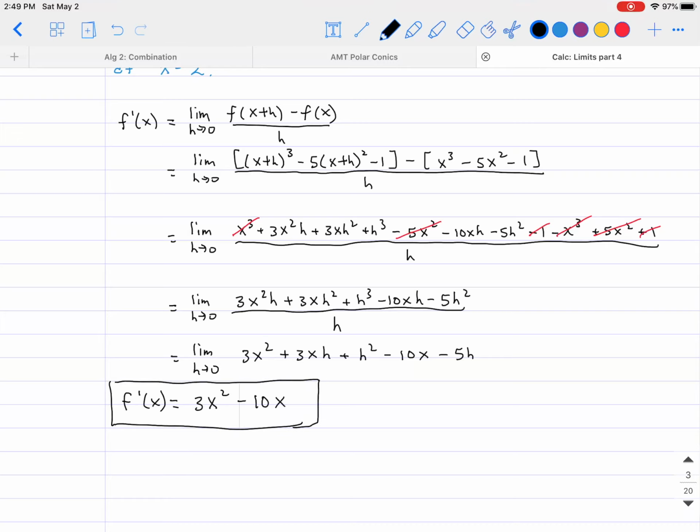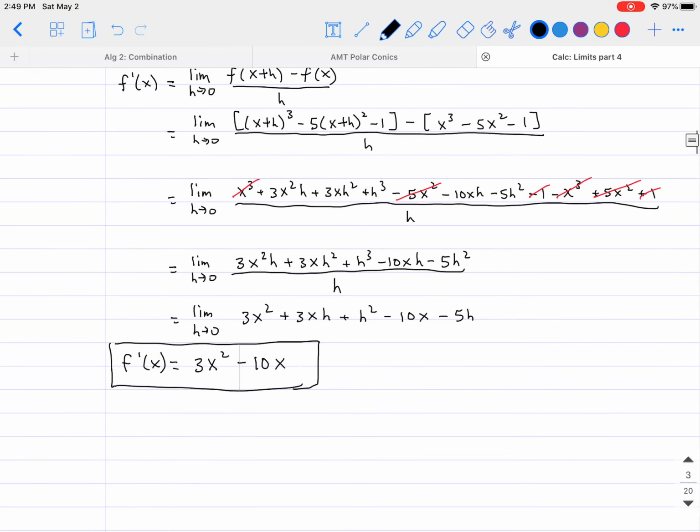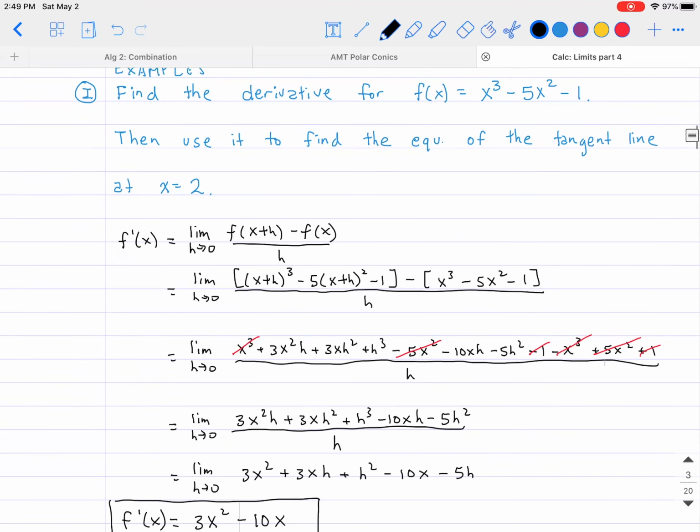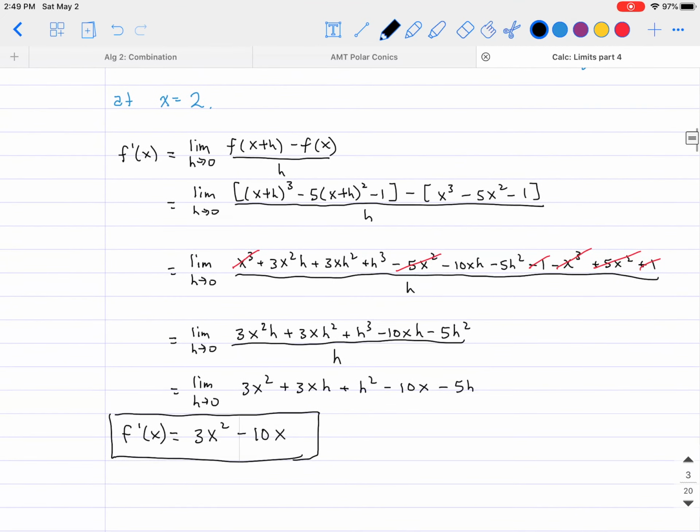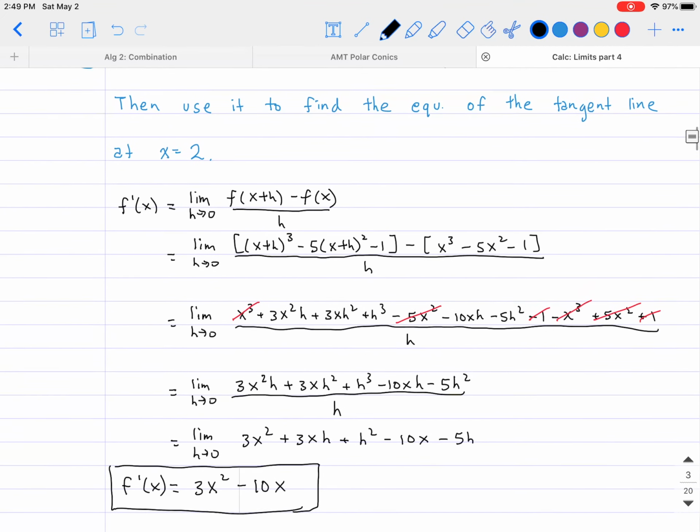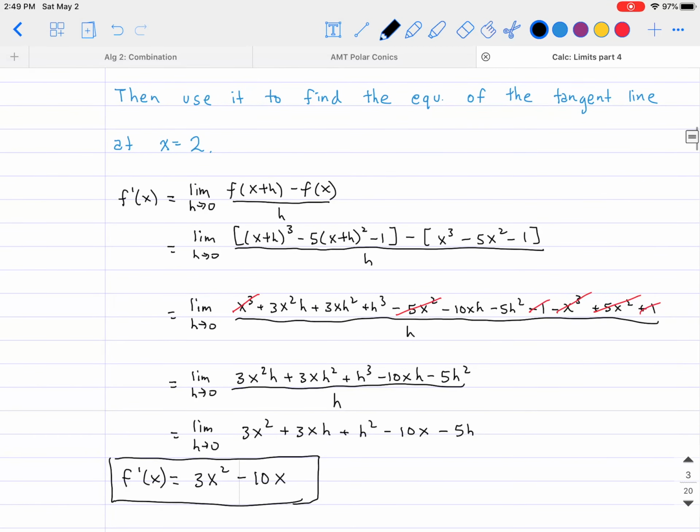And again, you're thinking to yourself, maybe, yeah, this is a very tedious one. But again, the first time you see it is always going to be pretty hard. Number two, now we have a function where you can plug in whatever x you want and find the slope instantaneously. So we did actually a lot of the hard work already. And finally, number three, yes, there's an easier way, which I will go over in the near future. Okay, so that is going to be our derivative function that allows us to find a tangent line at any